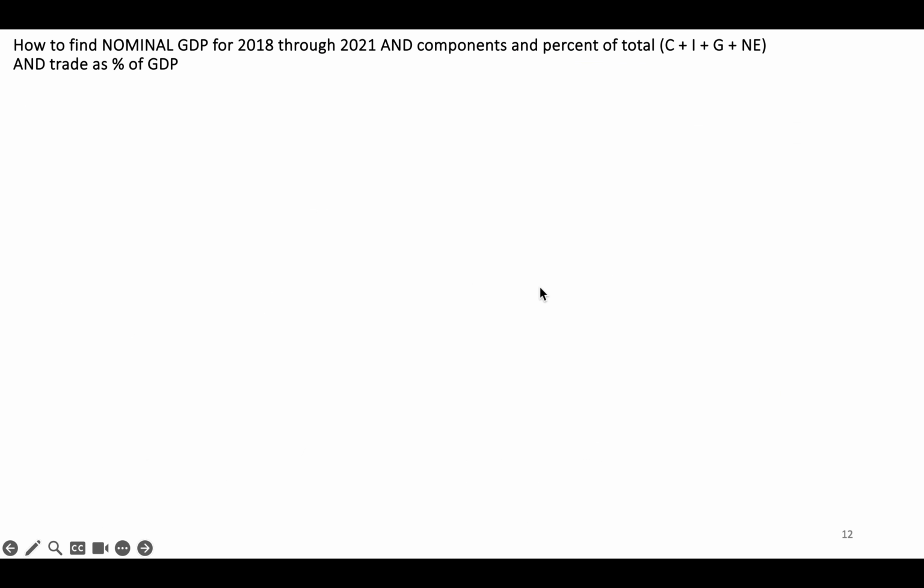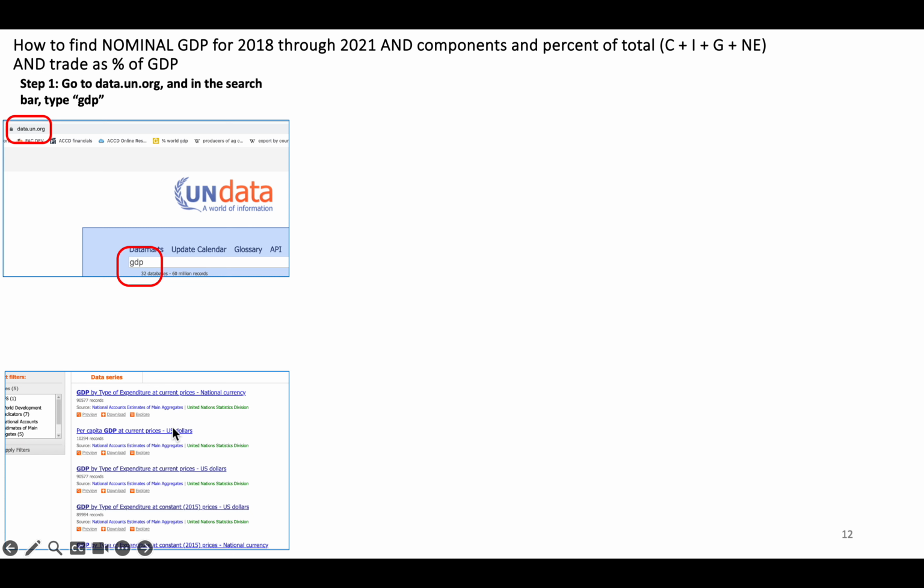So first we're going to find the GDP information, and what we're going to do is go to this website, data.un.org, the United Nations, and in the search bar we're going to type GDP, right? And then we're going to get this choice of options, and it's really important to pick the right one. You're going to pick GDP by type of expenditure at current prices. Current means the same as nominal, and we're going to pick US dollars so that all of our countries have